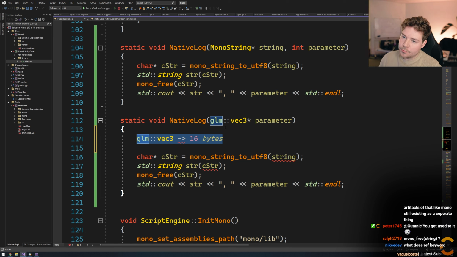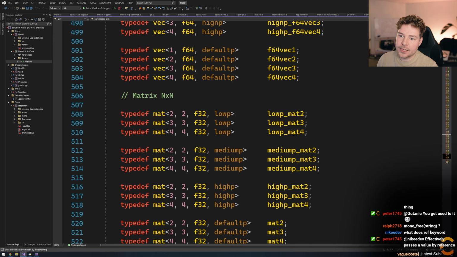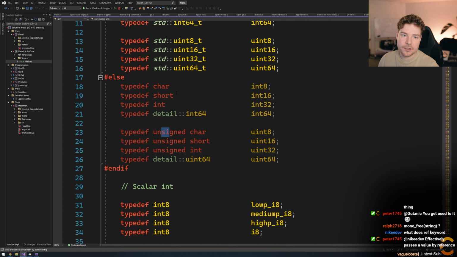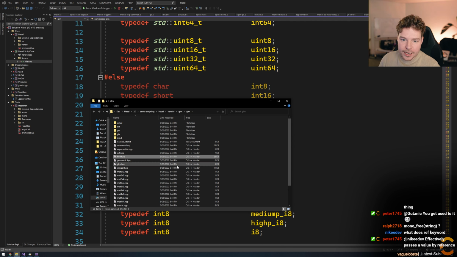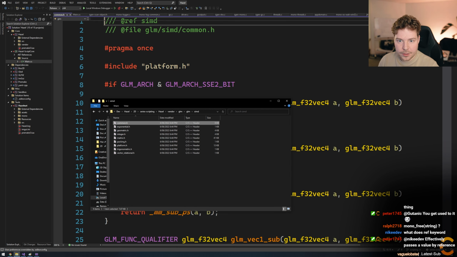In our case, we're not forcing any SSE, because depending on how deep you dig into GLM, you'll see that they have some actual SIMD types here. And there's actually a define that you can use if you want to force them.